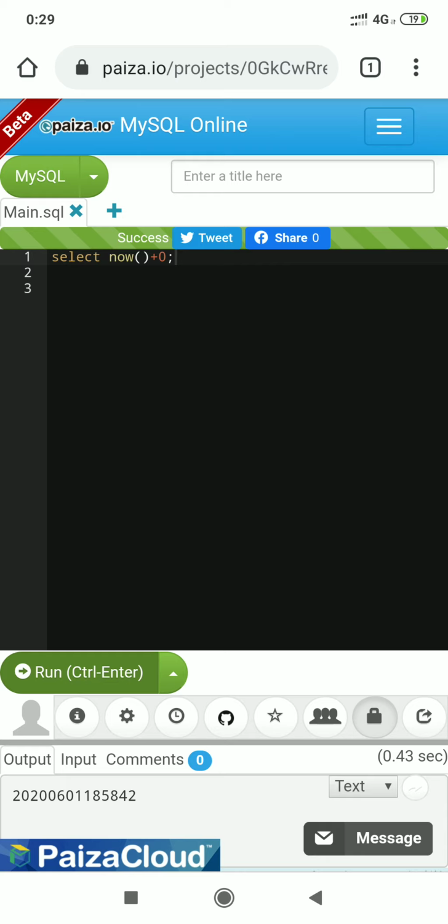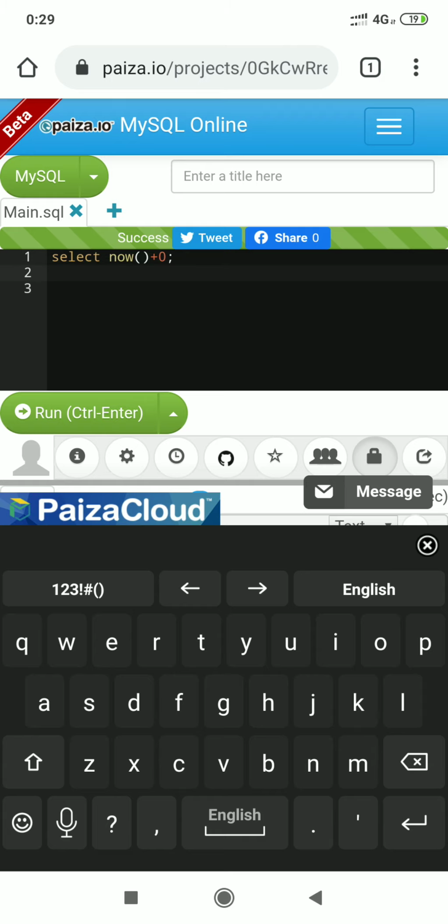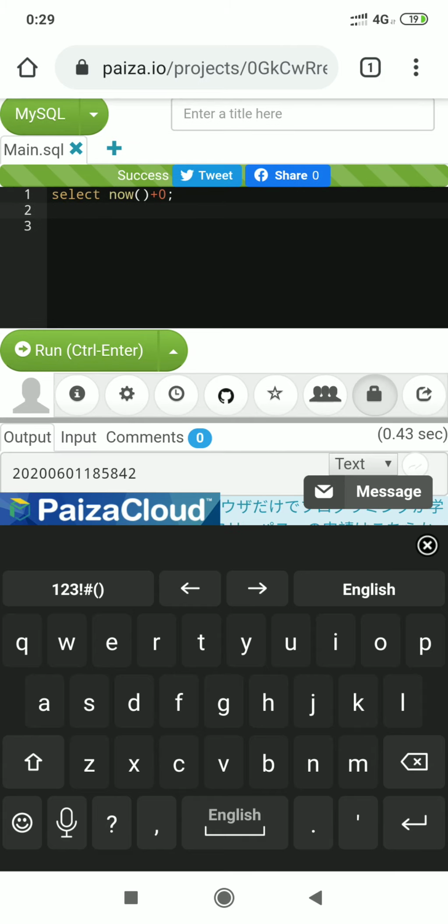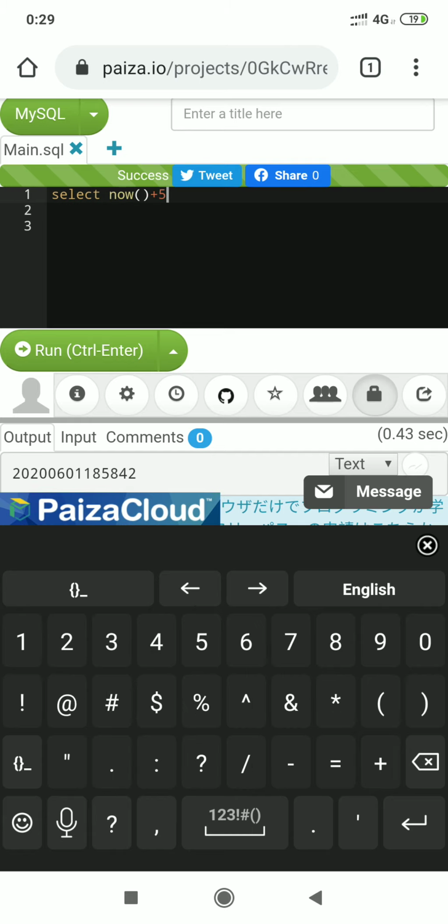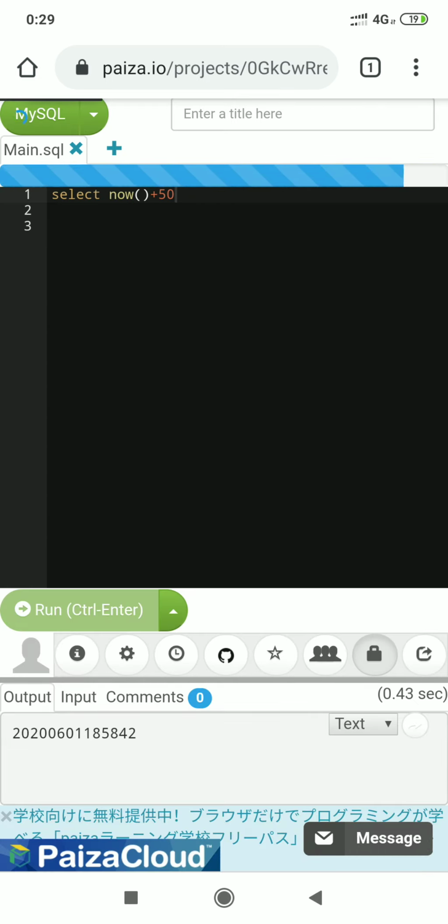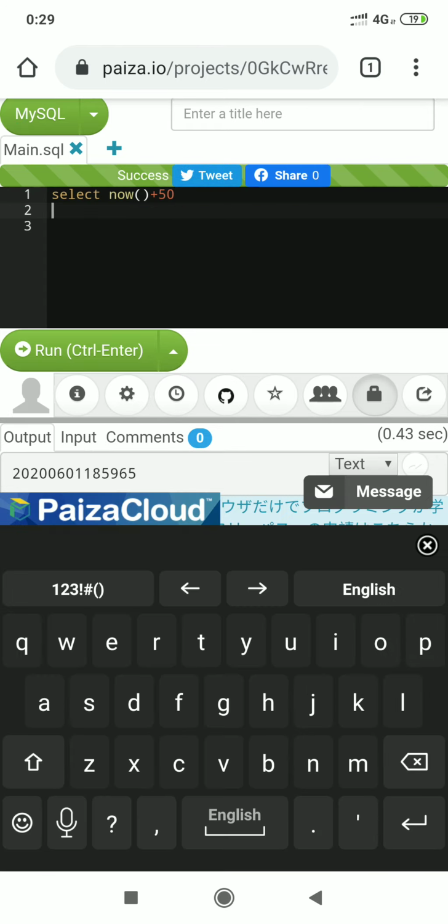Here +0 means addition of 0 seconds. Now if I add 50, it will add 50 seconds to the current time.